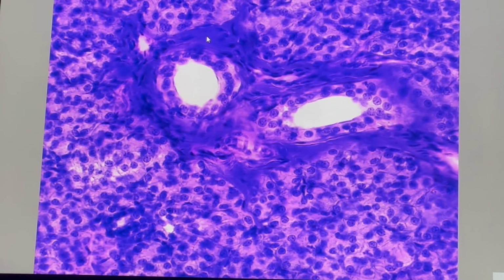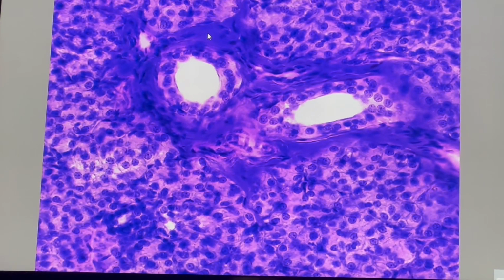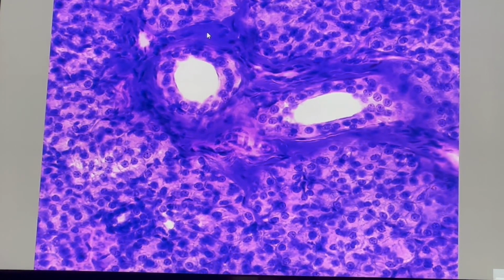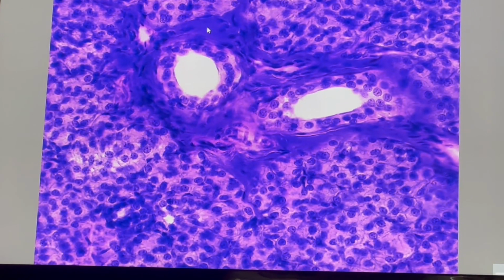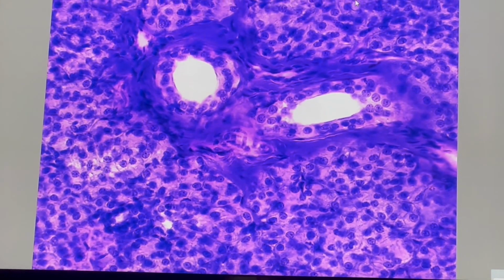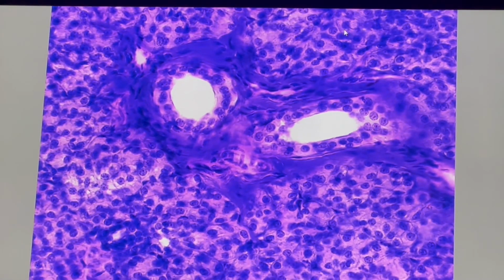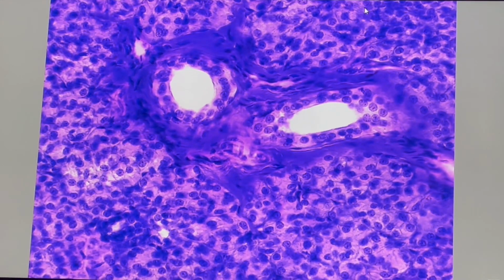Parotid gland is branched acinar gland. It consists of secretory portion and duct portion. The secretory portion called serous acini. Duct portion